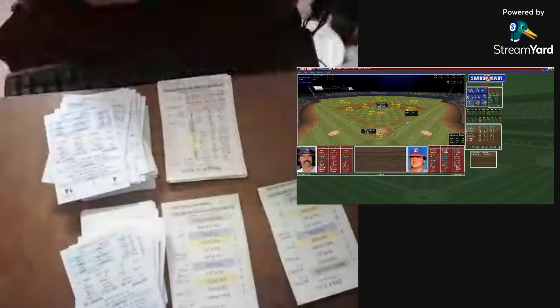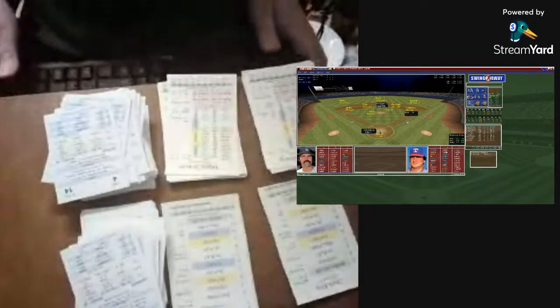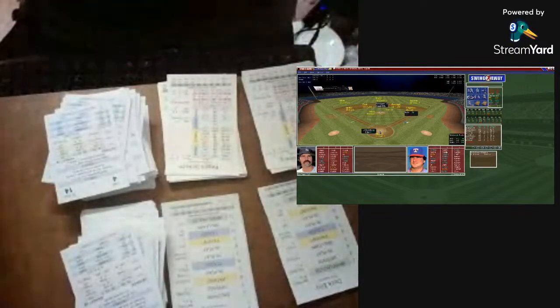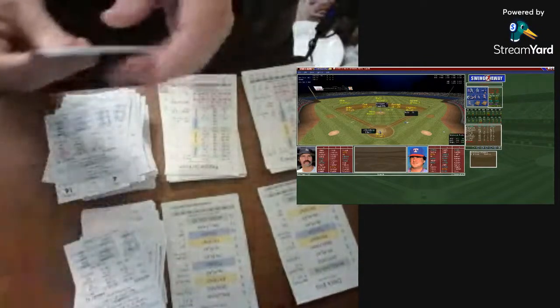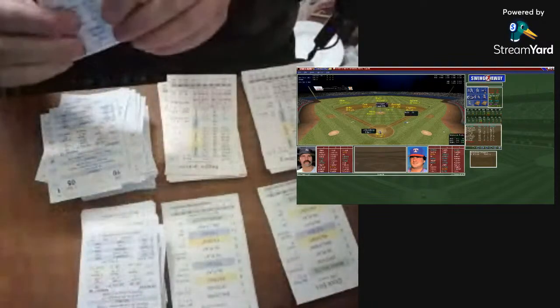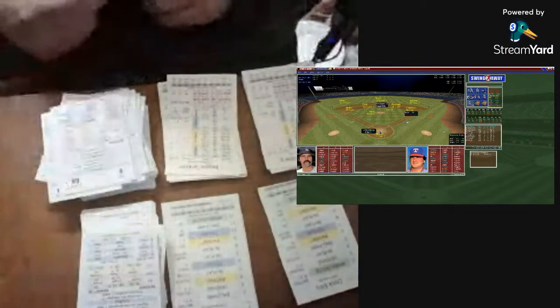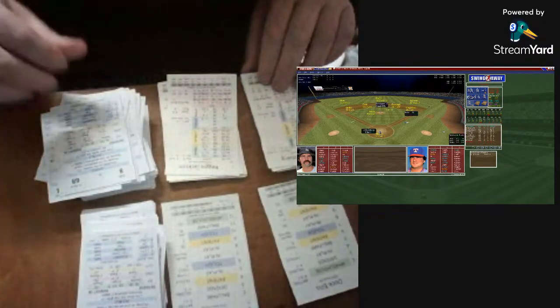So now the Rangers will send up the catcher, Jim Sundberg. He's 4 for 8 so far, so he's been hot. So let's see what Tidrow can do here. First and second, nobody out. Tidrow looks in, gets the sign. It's a 10. It's a tough one. That could be what the doctor ordered. Let's see. It's a 68 for Sundberg. That's a ground ball. That could be a double play.